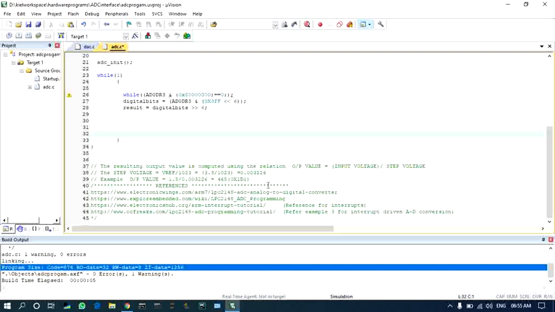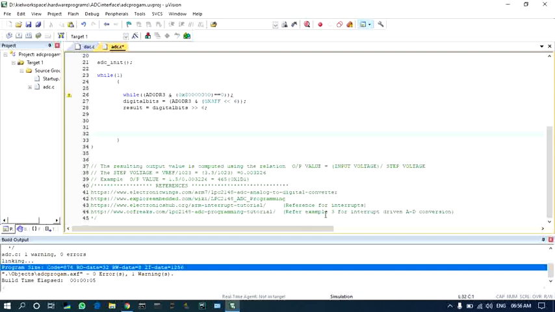So you get the step voltage. The input voltage 1.5 divided by the step voltage gives the number of digital levels corresponding to 1.5 volts, which is equivalent to 0x1D1 in hexadecimal.